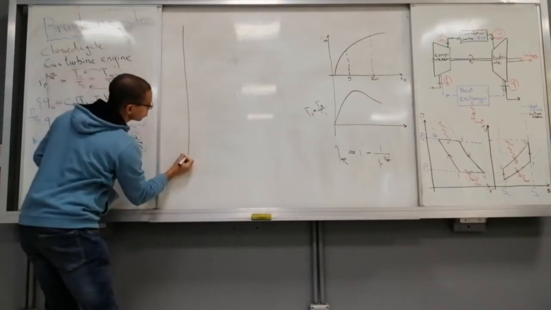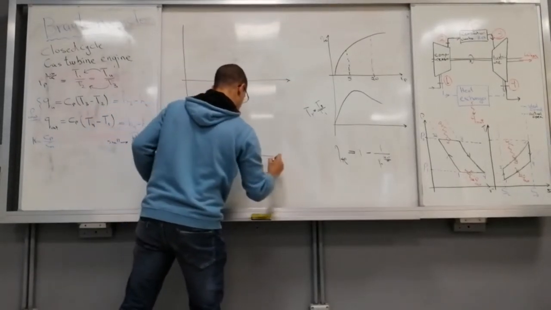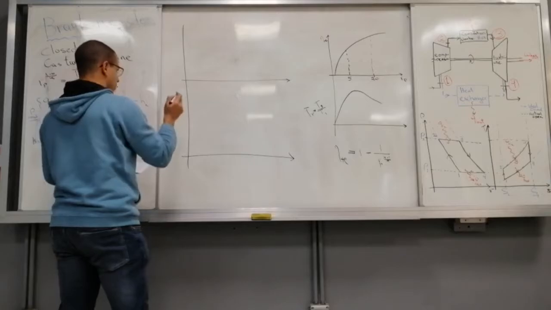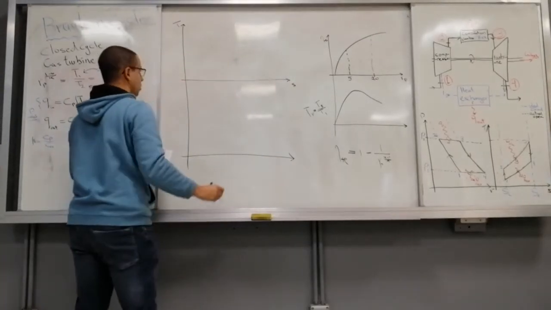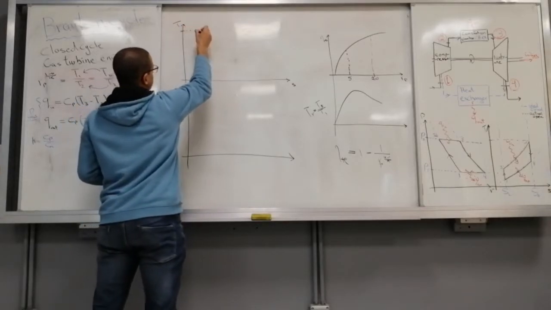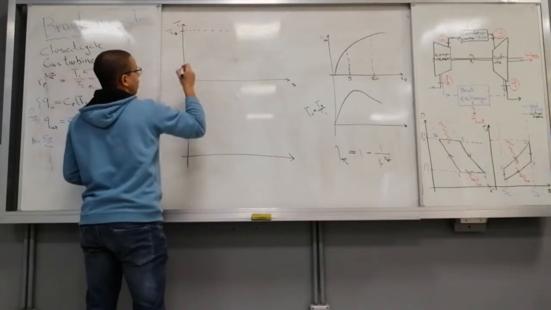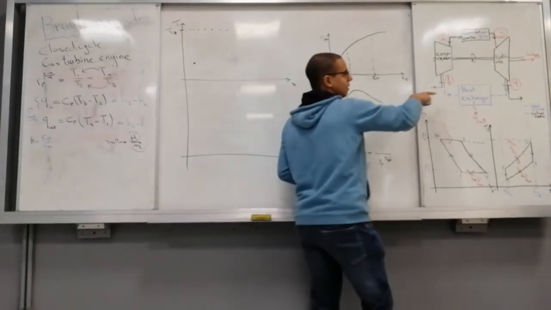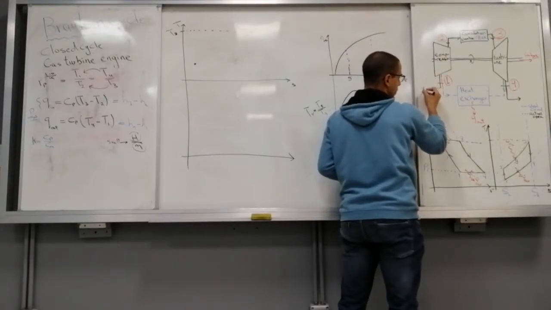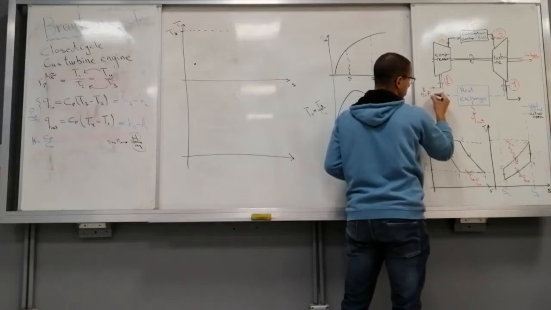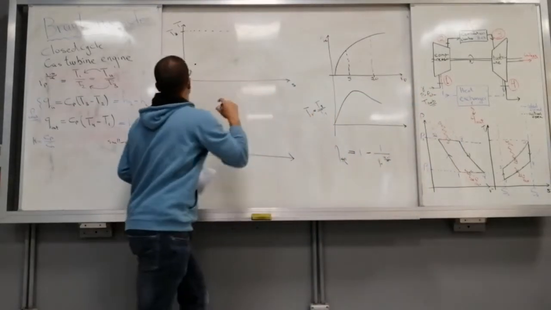Looking at the two graphs over there, the PV and the TS, let's first look at the TS. I have a limiting temperature, which I can't go beyond, which is T3. And I take intake fresh air from the atmosphere. So over here, the pressure is atmospheric pressure, and the temperature is ambient. So this point